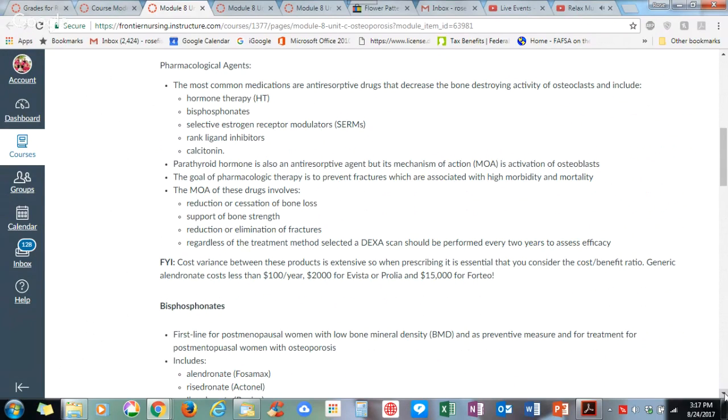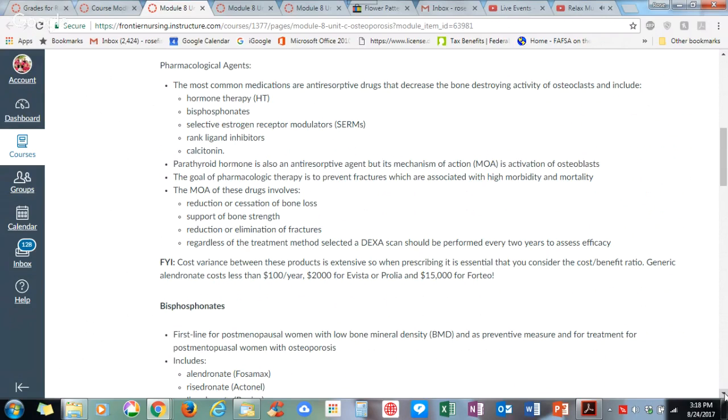and include hormone therapy, bisphosphonates, selective estrogen receptor modulators, RANK ligand inhibitors, calcitonin. Parathyroid hormone is also an agent, but its mechanism of action is activation of osteoblasts. The goal of pharmacologic therapy is to prevent fractures, which are associated with high morbidity and mortality. The mode of action of these drugs involves reduction or cessation of bone loss, support of bone strength, reduction or